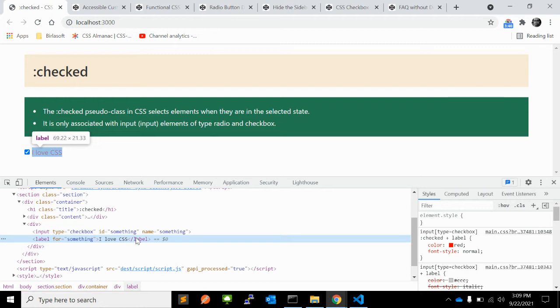Another example I can show you is the checkbox hack. So, what exactly is a checkbox hack? The checkbox hack is where you use the connected label and input type is equal to checkbox or type is equal to radio, and usually some other elements that you are trying to control. Let me show you with an example.